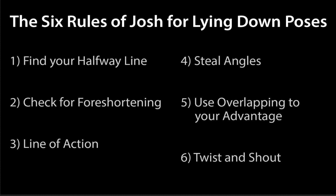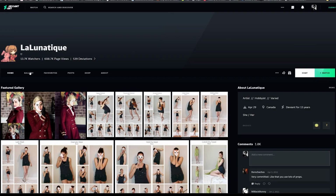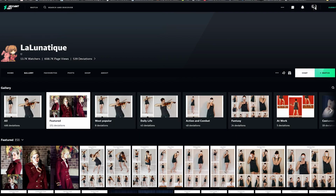But we want to remember when we're looking at lying down poses that I came up with these 6 rules that you can look for to help you analyze your reference a little better and get it down on paper a little more accurately. Now in this video, we're going to jump straight to the figure drawing, but before we do that,